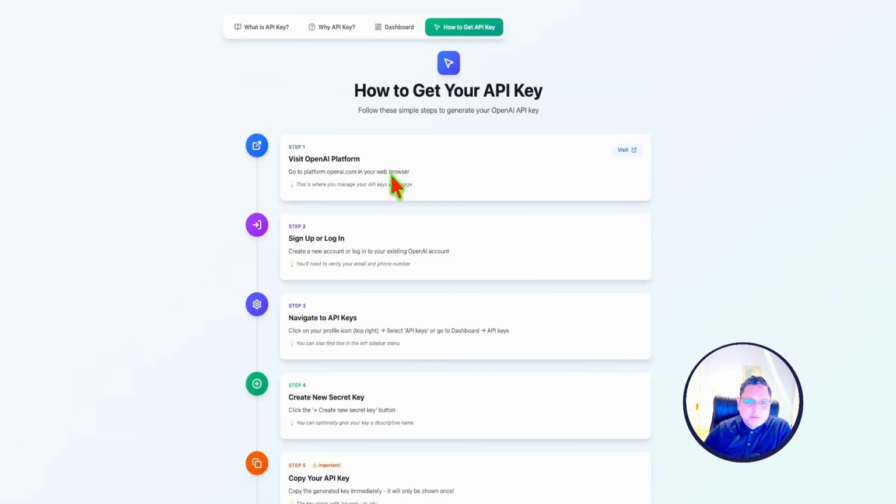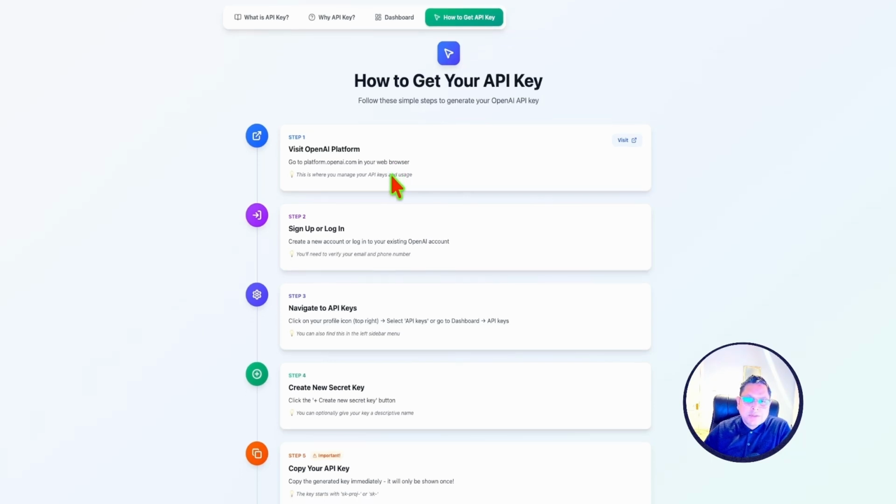Alright, now let me show you exactly how to get your API key. I have mentioned all the steps here. Step 1, visit the OpenAI platform. In step 2, we have to sign up or log in. And step 3, we need to navigate to the API keys.